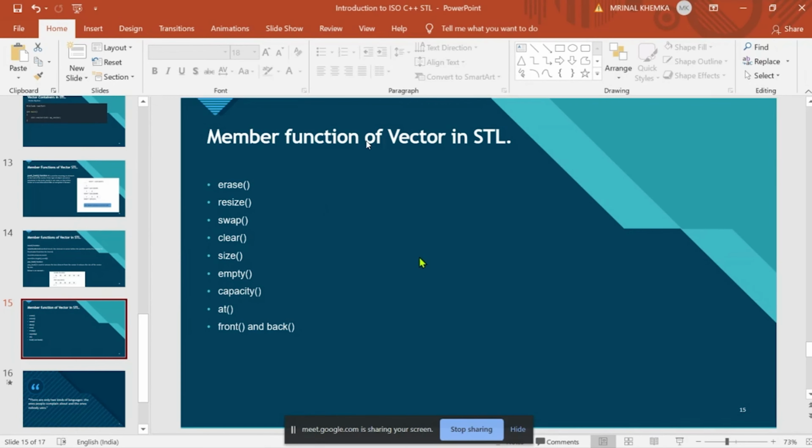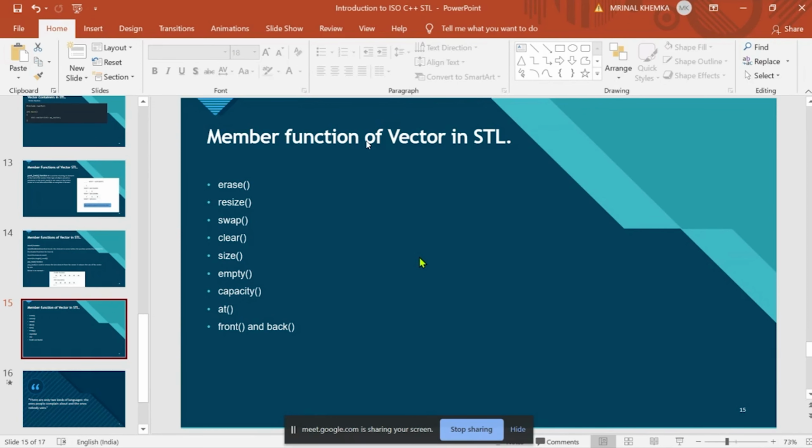And the capacity function basically tells how many elements we can insert in a vector. That means it returns the memory capacity, and how many maximum elements we can insert in our vector.